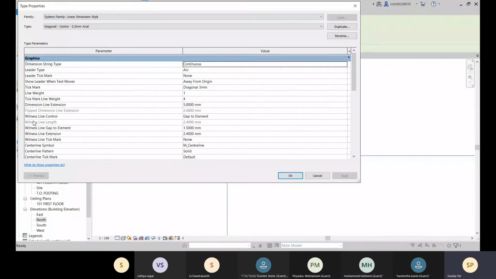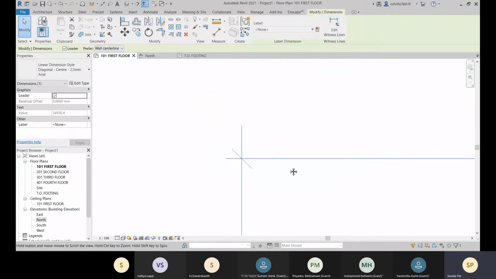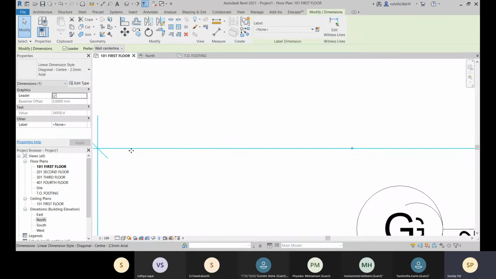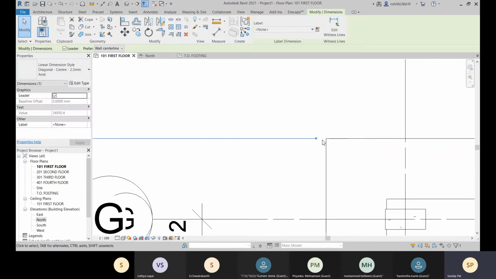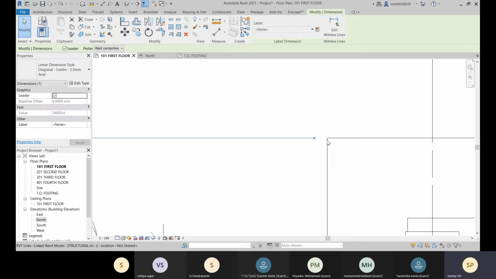Okay, and this witness line control, that is gap to element, and how much gap it is, that is 1.5. So what is that? This line is your witness line, and it has some gap from the element which you are selecting.